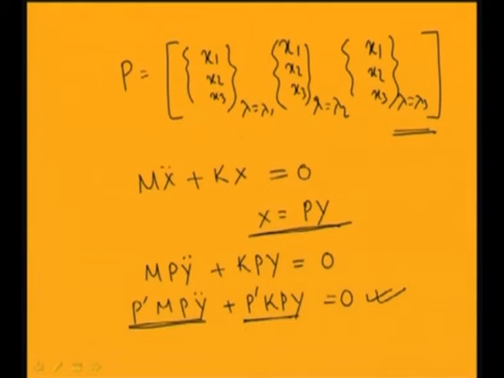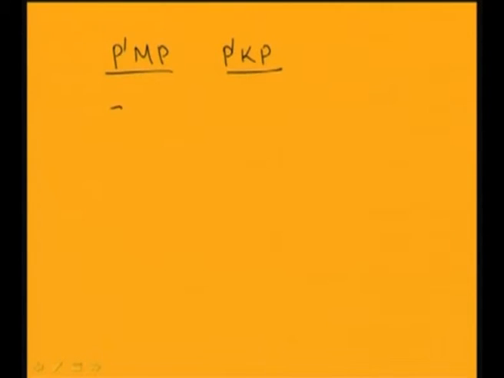So one can find the solution of a multi degree of freedom system from this resulting single degree of freedom system. So this method of analysis by using this modal matrix is known as the modal analysis method. One can show that P transpose M P and P transpose K P are diagonal matrices, and by using this diagonal property this equation is reduced to that of a set of single degree of freedom systems. So this equation will be written in this form.